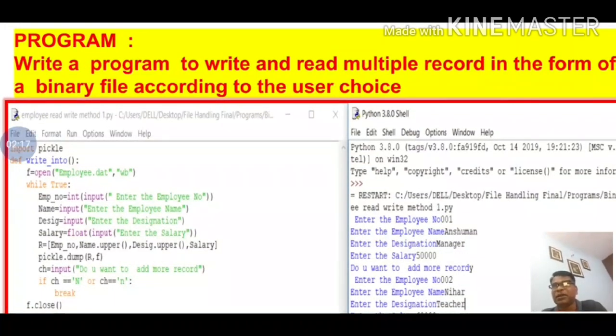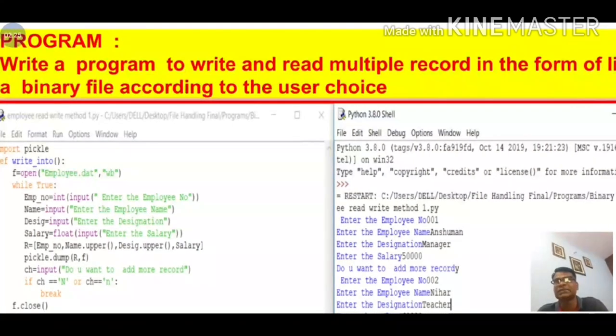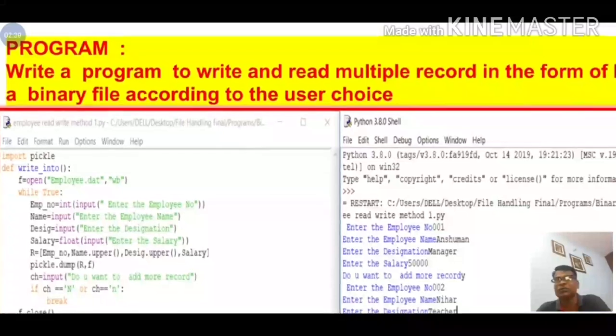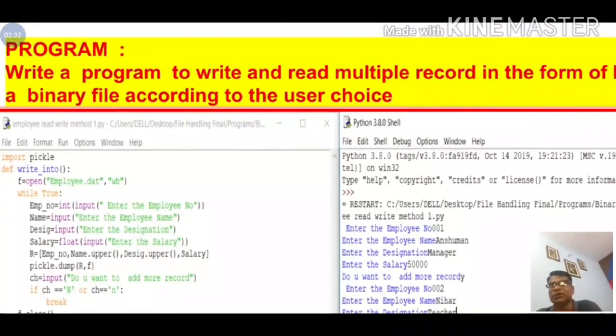The name is converted to uppercase with name.upper(), and the designation with designation.upper(). Now pickle.dump means one record you write into the database, with the employee number, name, designation and salary.